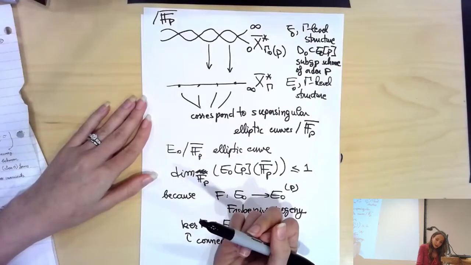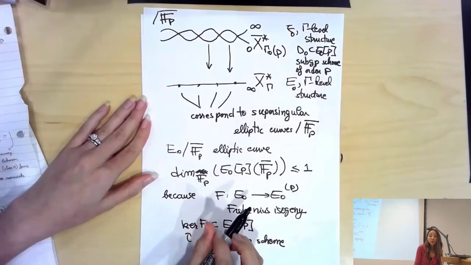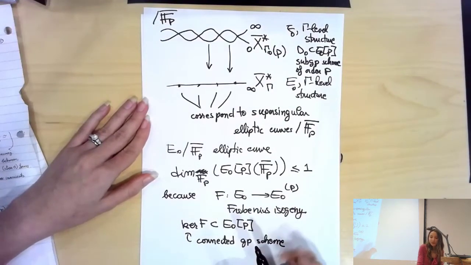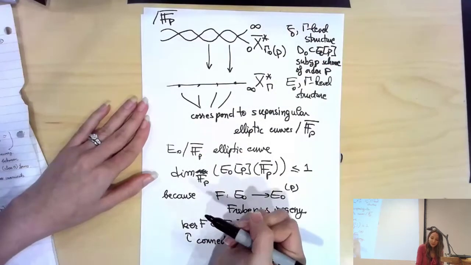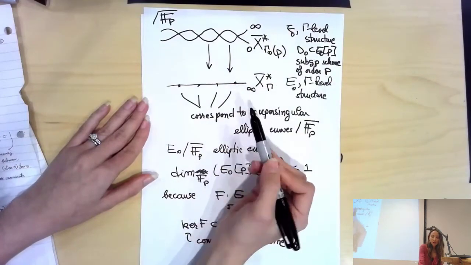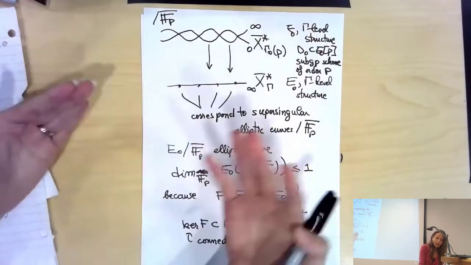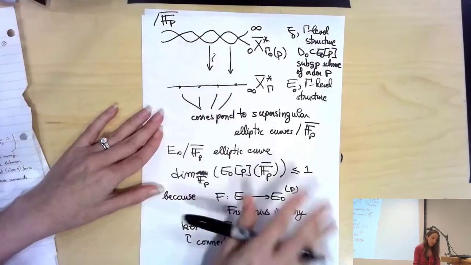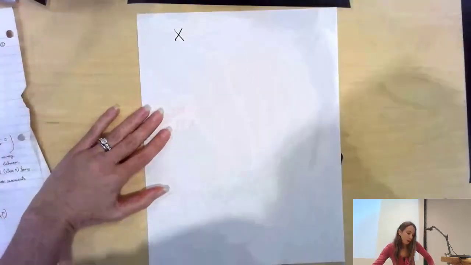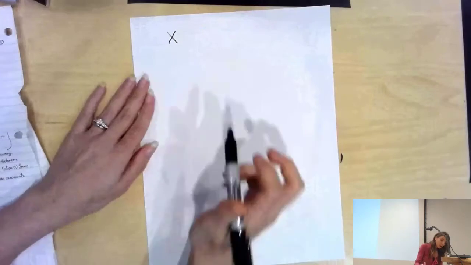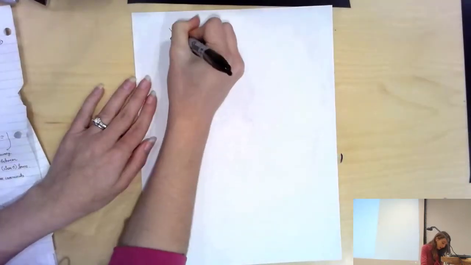So this D naught could be the kernel of the Frobenius isogeny, or it could be different from that. If D naught is the kernel of F, so here you just have E naught and the kernel of F. Here you have E naught. So the transition morphism down to ground level is just an isomorphism. On the other hand, let me see. Right, so this is the cusp 0. So if you look at X star gamma